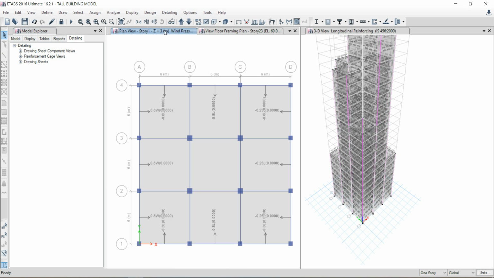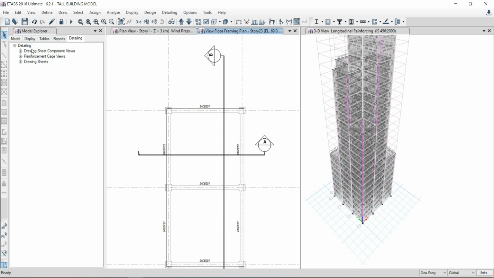We'll go to other detailing diagrams. So in the model explorer, you can see various detailing diagrams, reports. You have to just explore for the reinforcement cage views.